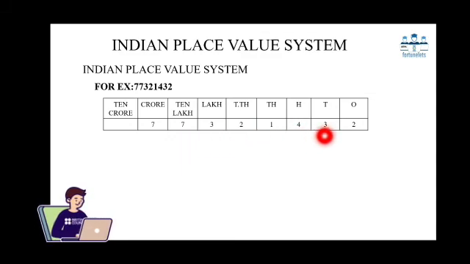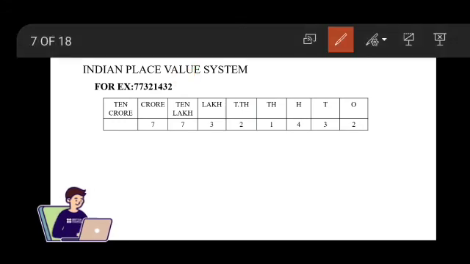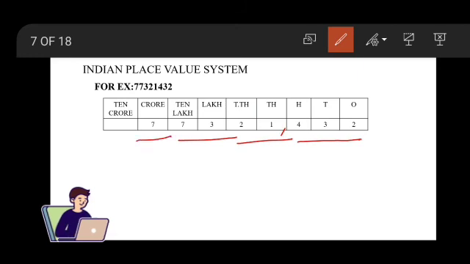Now let's see how to insert commas. We know that a comma is used to separate the number and make us read easily. The Indian standard place value system has a different method of insertion of commas. First, we'll skip the first three numbers from the right corner and place the comma next to the fourth digit. Then we will be grouping them according to their period values, in the sense their place values.